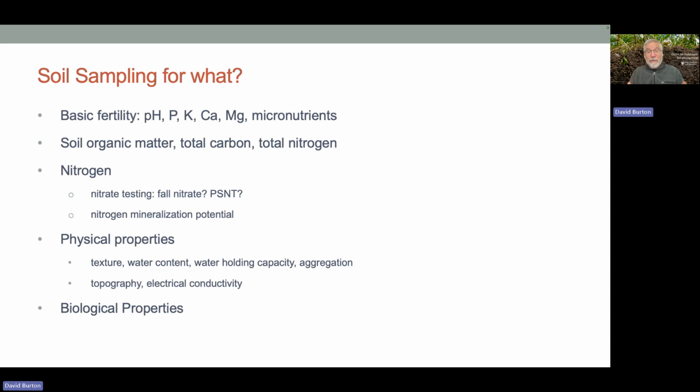But we can use that fall nitrate sampling to measure how much nitrogen may potentially be lost and how well we did in the previous growing season in terms of meeting our nitrogen requirements and not exceeding them. In Ontario, they often use the pre-side dress nitrogen test or PSNT test, which measures carryover nitrogen as well as early season